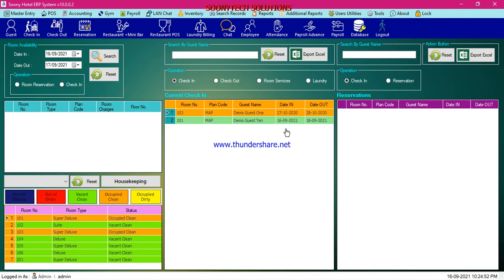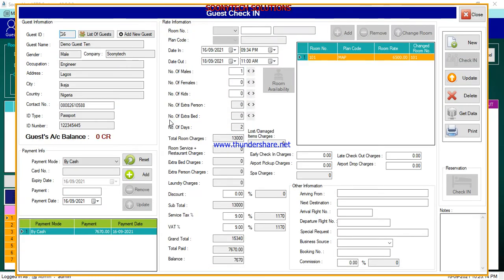So assuming the guest has come to pay finally, it's okay, I want to pay for the extra day I'm staying. So what you do, click on the check-in button here, you can see it here, and then click on the room, the number beside the room number. So I'm clicking on it. So here we are. So now we have to enter this 7,670 to clear the payment, assuming the guest has come to pay finally. So the same process applies to clearing any payment in the future. Whenever a guest is owing and you want to clear the payment, you can always use the same process